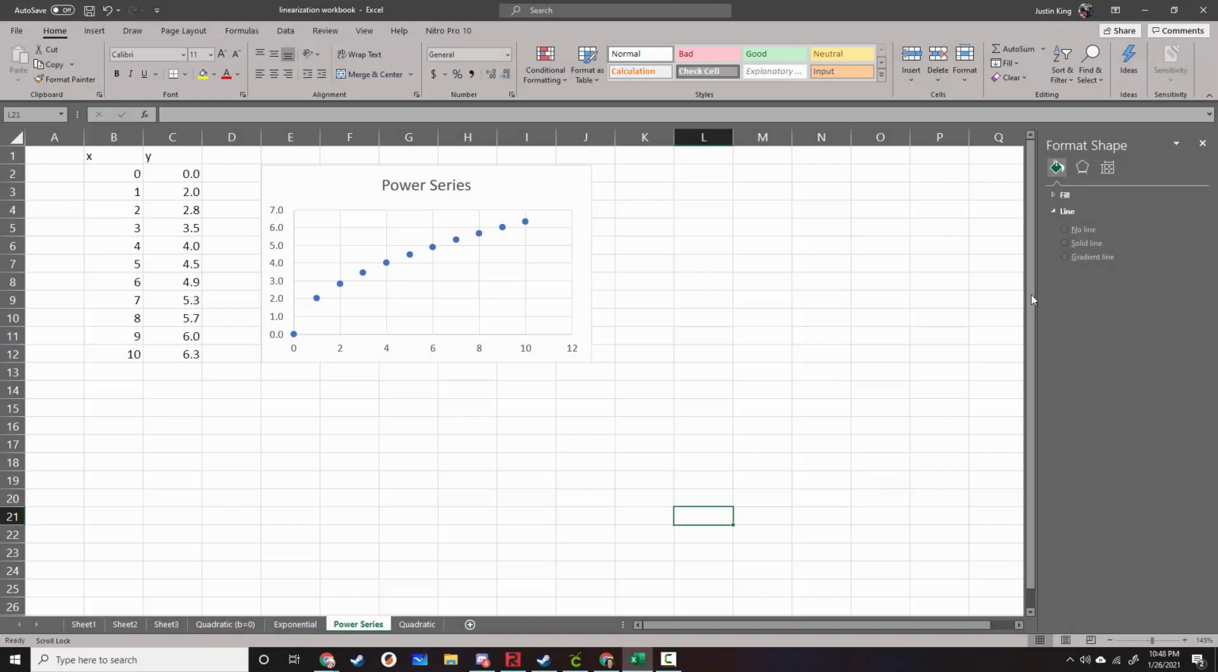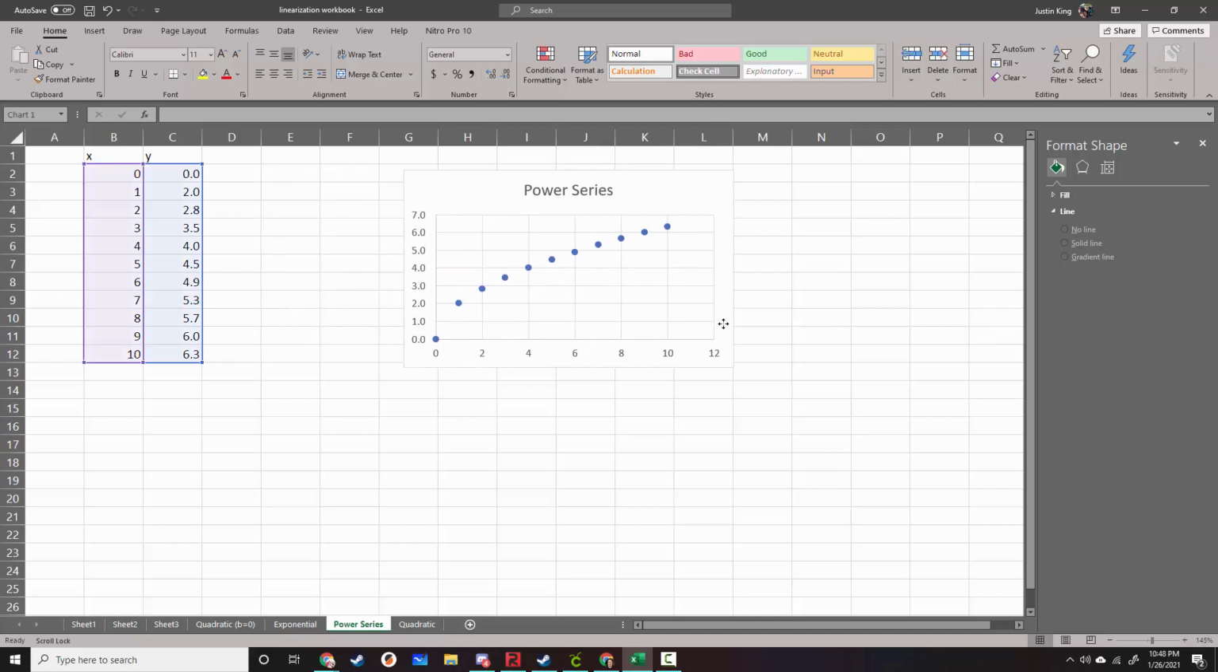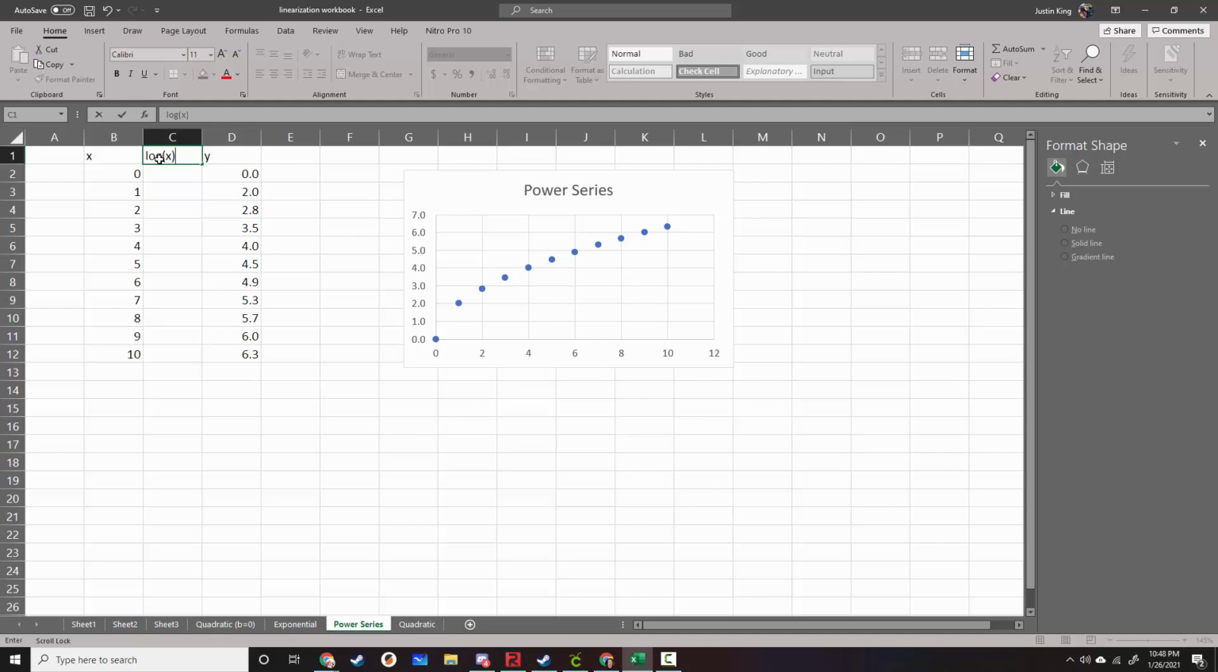Okay, so you have a power series function, and we need to linearize this. This one's a little bit more work than the others. What we need to do here is instead of plotting y versus x, we need to plot the log of y versus the log of x. And we need to have Excel do those calculations for us. I'm going to take these y values and move them over. And then I'm going to put a column here that is log of x, and a column over here that is log of y. And we can have Excel do this work for us. We can do equals log, open parentheses,